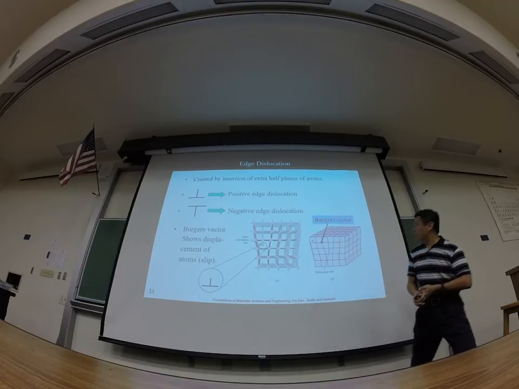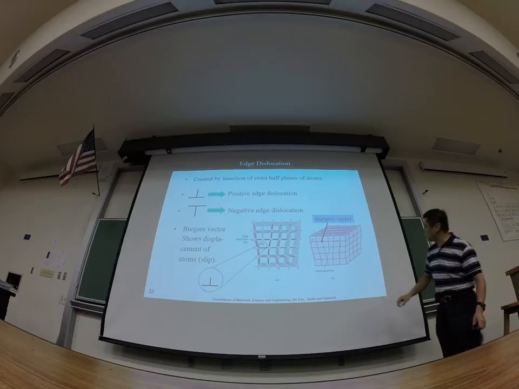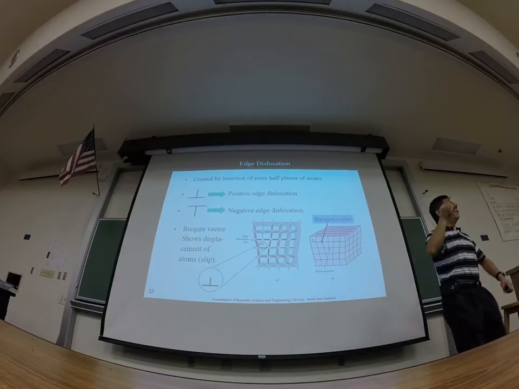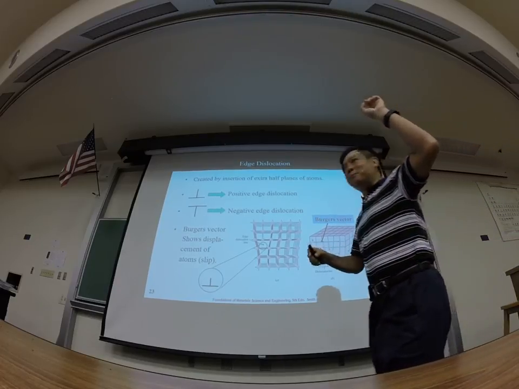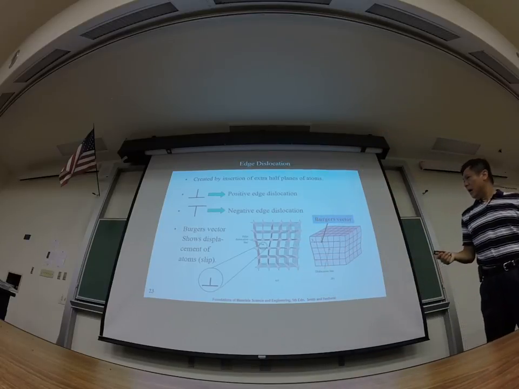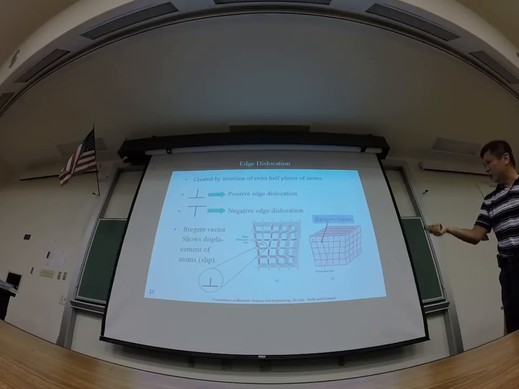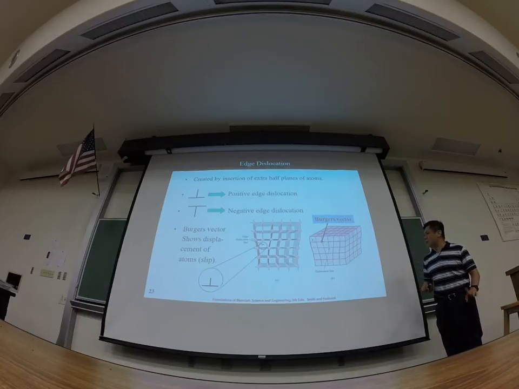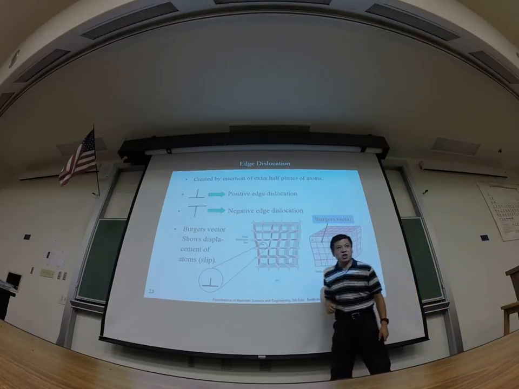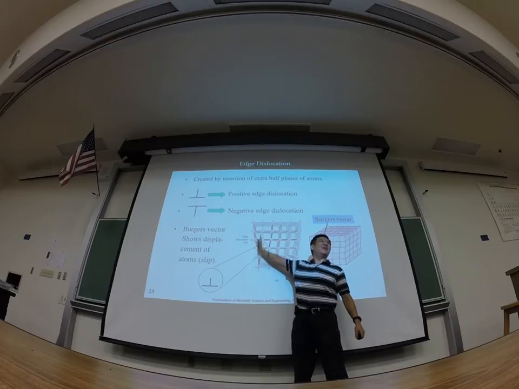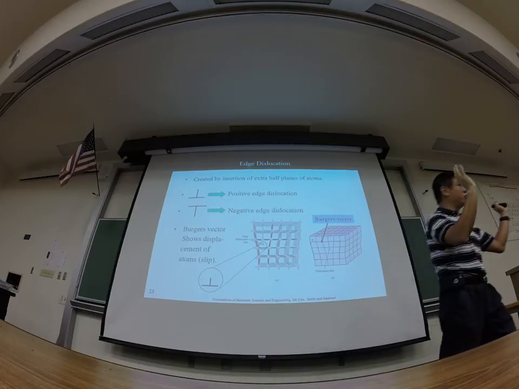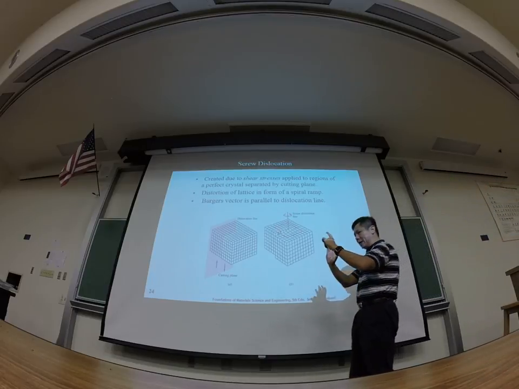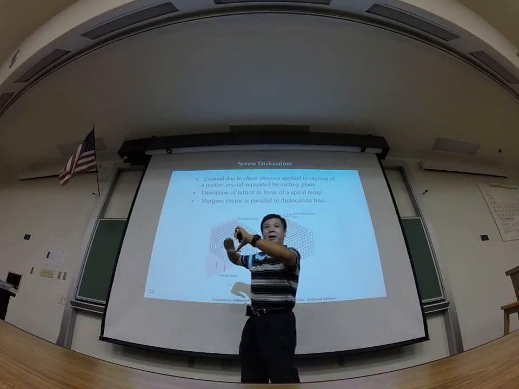So that means when you have an extra half plane, in this case, these regions have an extra half plane compared to the bottom ones. For those, you will see edge dislocation. To define the edge dislocation, we can use a Burgers vector or slip vector, but that's too much. I don't want to talk much about that one. But the thing is, these edge defects are because of the missing of a half plane. So they will generate internal stress because of that. In addition to the edge dislocations, which is more like a kind of parallel to the surface,